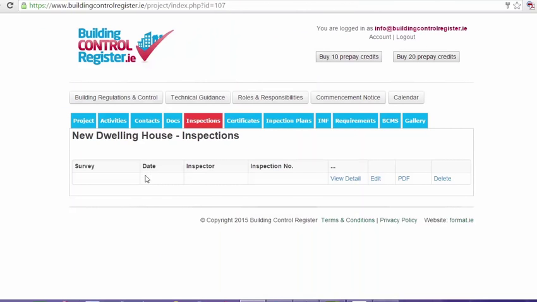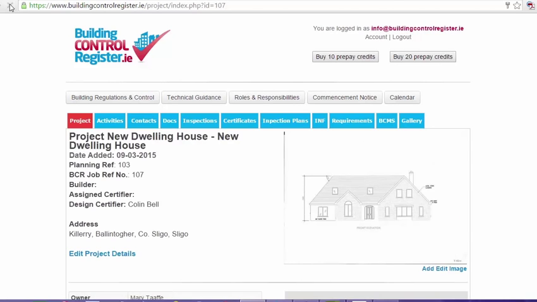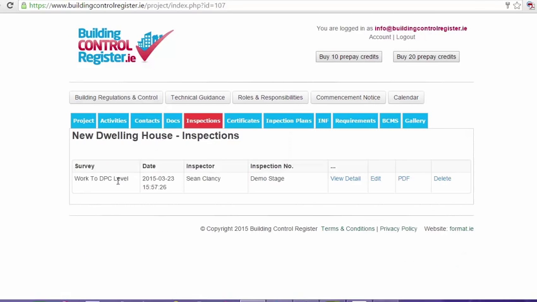We now go back to the administration software. As we can see, there's still no inspection in here. Simply press the refresh button. And at all times, if nothing appears in the administration software, try the refresh button. Go to our inspection and there we have work to DPC level, demo stage,